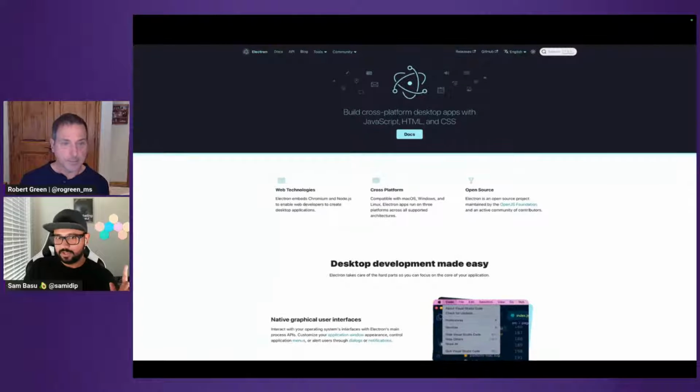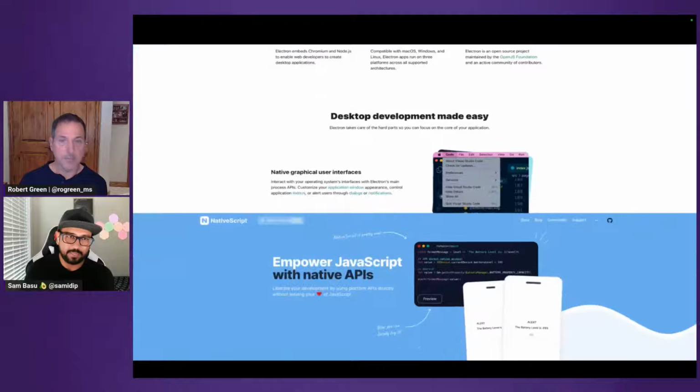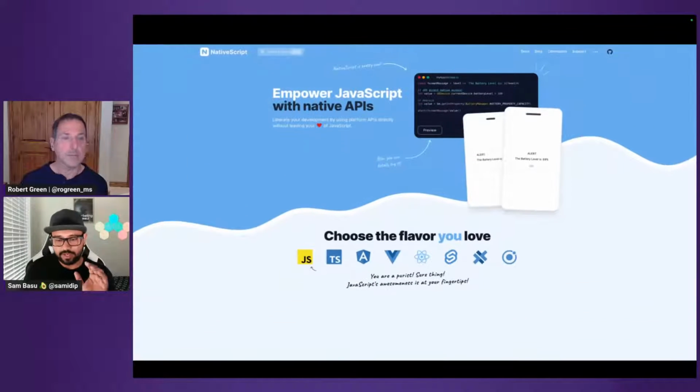Okay, Electron. I mentioned this because it's very popular for desktop, but you don't want to do this for mobile. It is a little bit heavy-handed. Essentially it's a Node.js runtime that you're bootstrapping, and then you have deep OS integrations. Like I said, this works very well for desktop. In fact, lots of popular desktop apps we see are essentially Electron apps, but you don't want to do this for mobile because it's just not meant for mobile. If you wanted to do web stuff, I'm going to mention a few other things which are probably not in the .NET space, but you could.